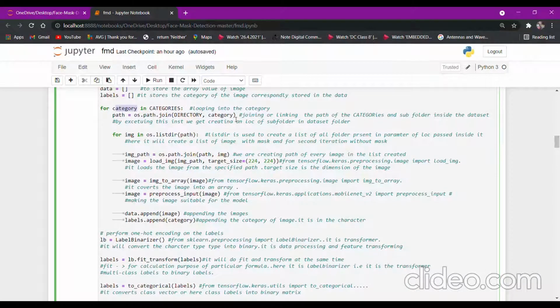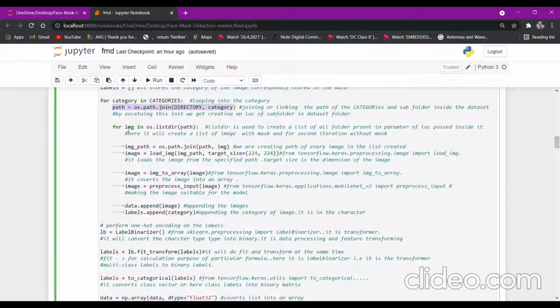Once we generate a path, we pass it through os.listdir. Basically os.listdir generates the list of the files present inside the location or path which is passed to it as a parameter.